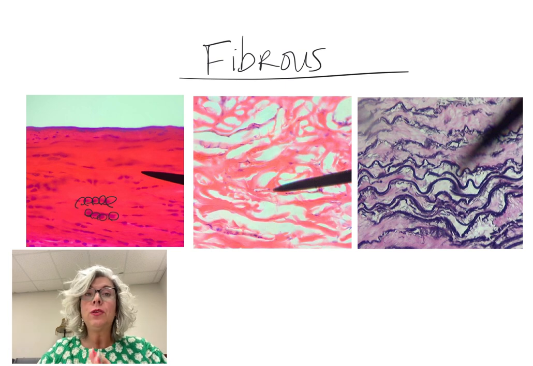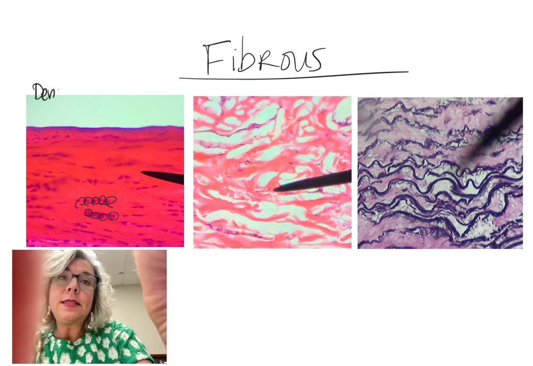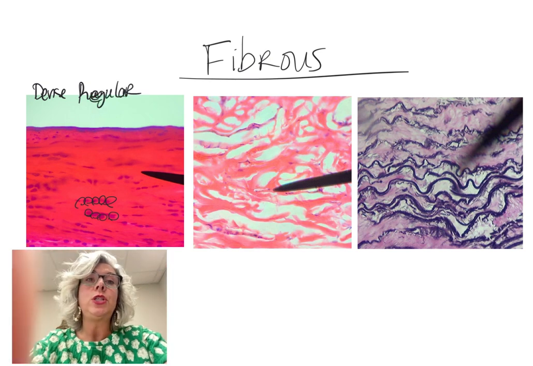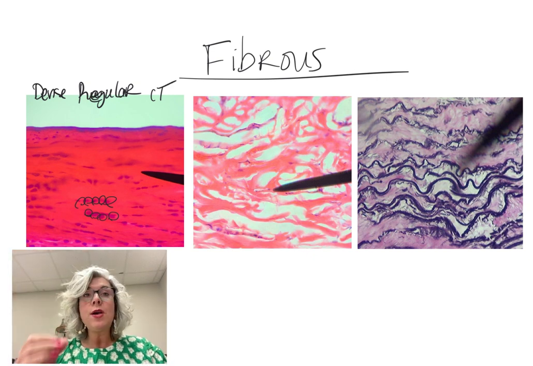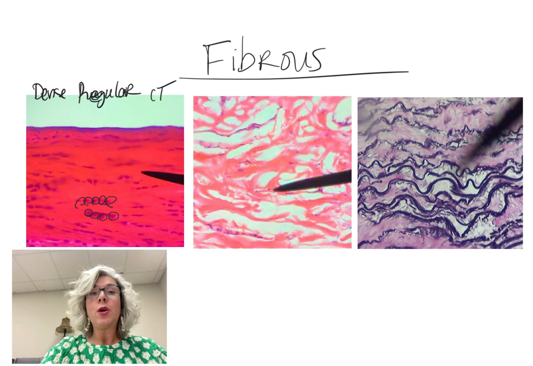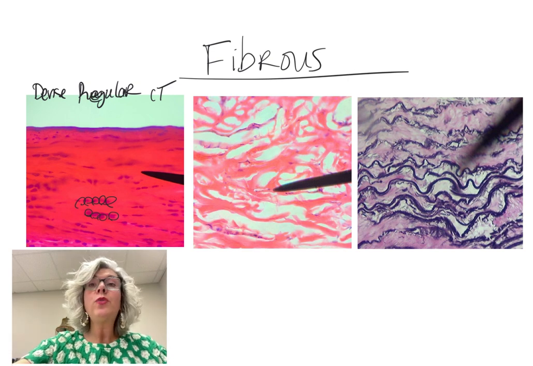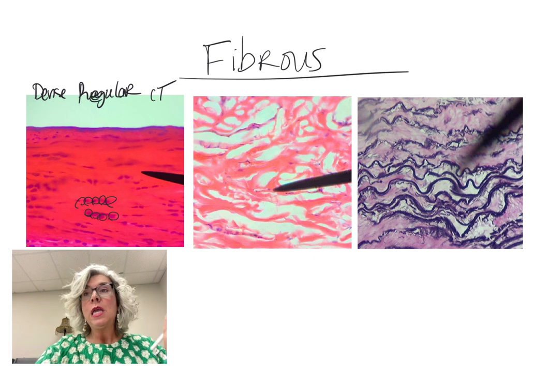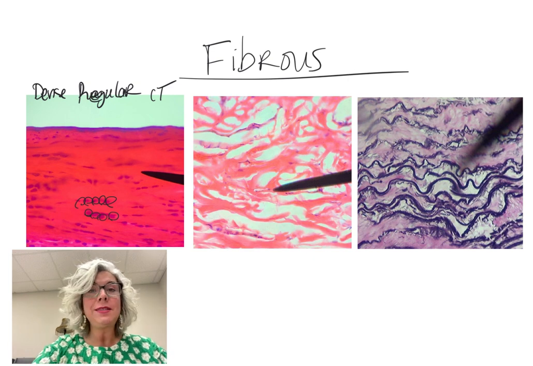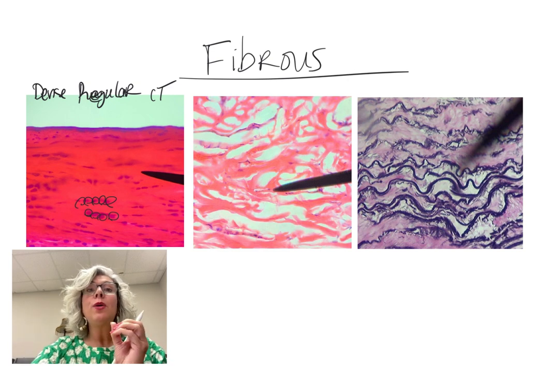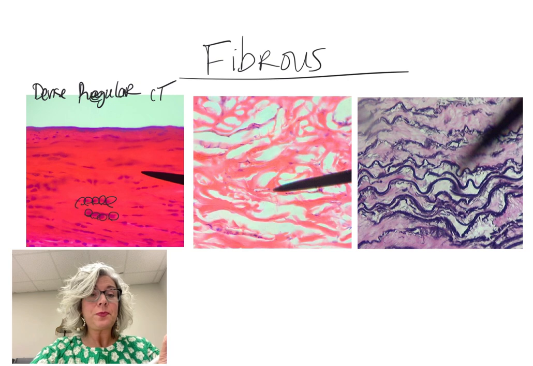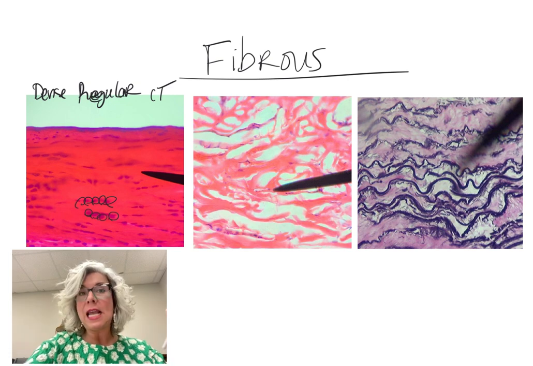And again, in dense regular, let's go ahead and write that name here. Dense regular CT. Okay, dense regular connective tissue. It gets that name regular because the fibers run parallel to one another. So the arrangement of those collagen fibers typically all run in one direction. It makes it ideal for structures that undergo consistent stress along a single plane, like tendons and ligaments. Tendons attach muscle to bone, ligaments attach bone to bone. Those are made of dense, regular connective tissue. And having those fibers run parallel in one direction makes it really strong for movements that happen in one direction,